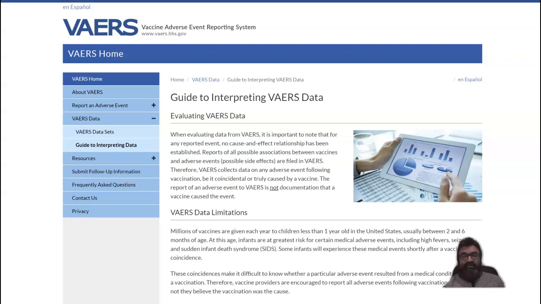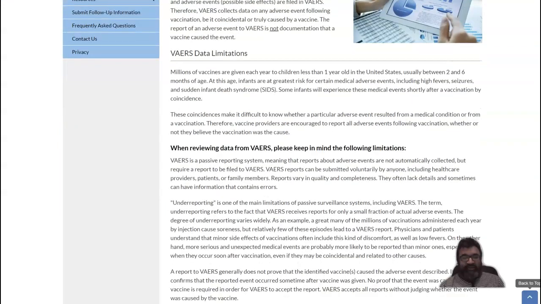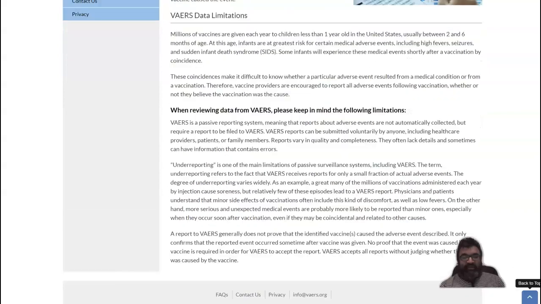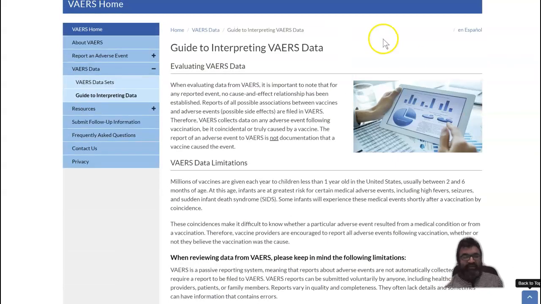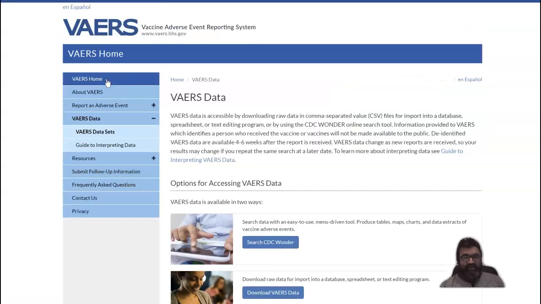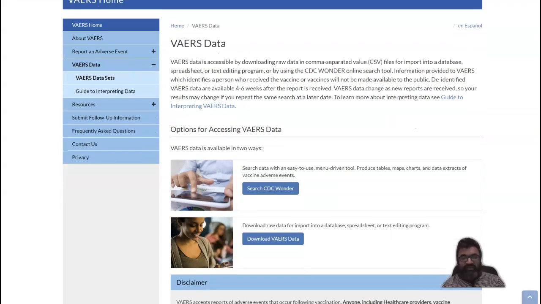I also look for if there's raw data available, and when I search here, I found that raw data in fact was available, and you're able to access it here on the left hand side. So let's take a look here. Options for accessing VAERS data. There's actually two ways.